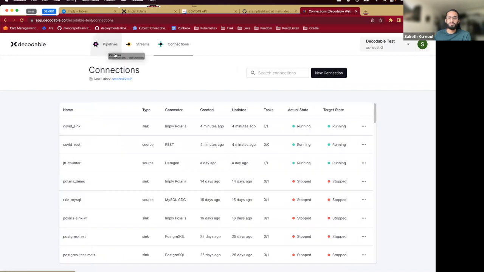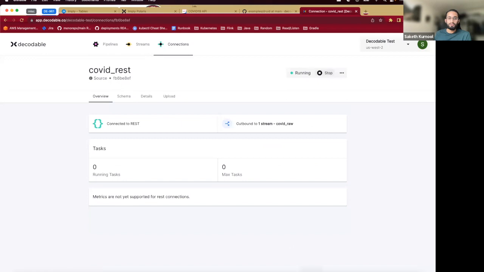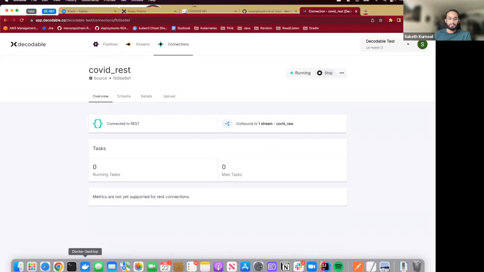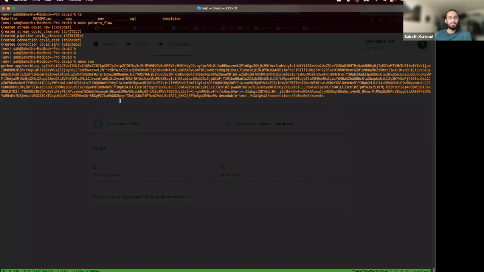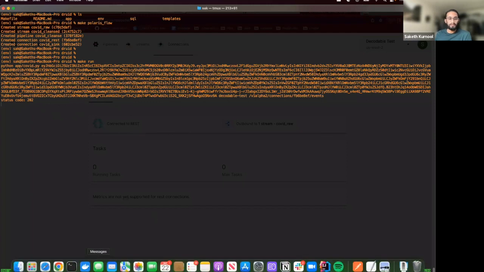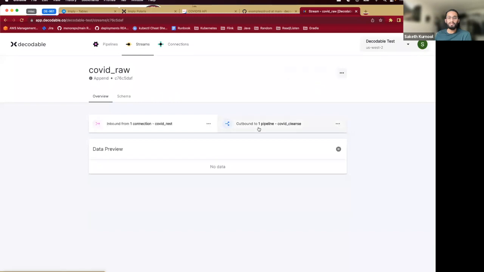So let's give it a second here. Cool. This looks like it's running. Awesome. So again, let's go back to our source connection, and let's then go back to our terminal, and let's run make run, which is going to hit Decodable, and I should expect to see a 200. Yep. Awesome. So at this point, some data should have been put into Decodable,